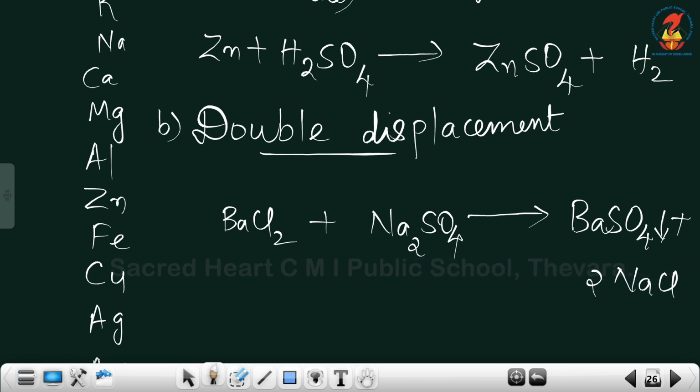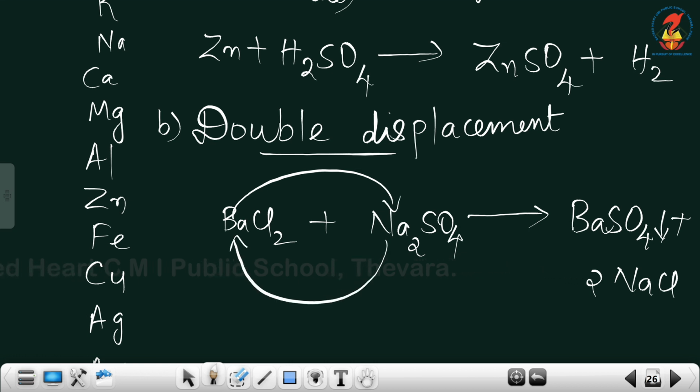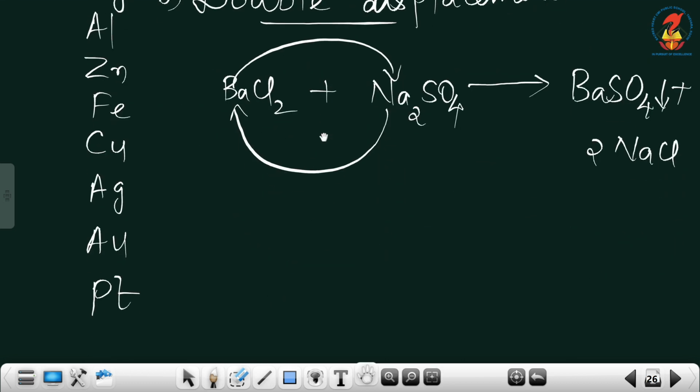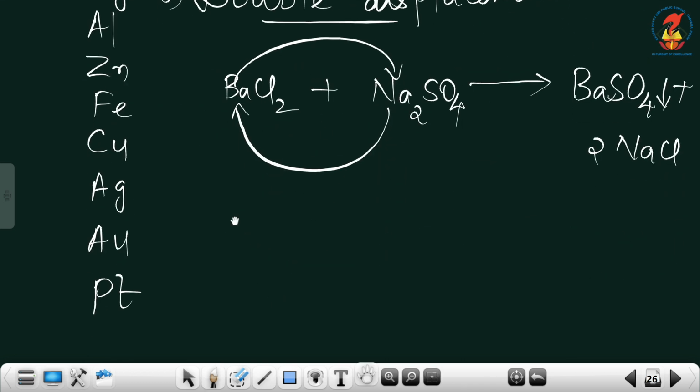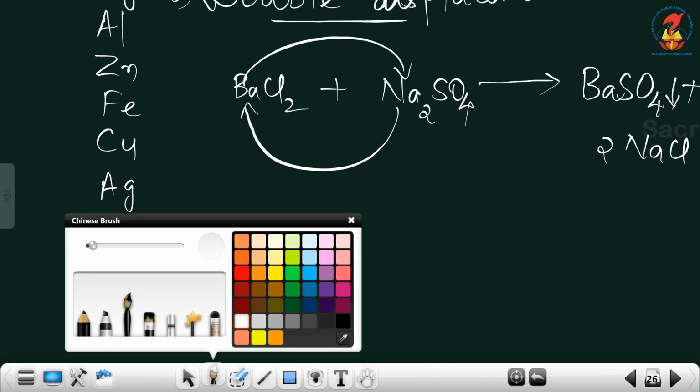So in this case, barium replaced sodium and sodium replaced barium. So that mutual displacement happened. Such a reaction is known as a double displacement reaction. Another example for a double displacement reaction, we can see one more example, that is silver nitrate,